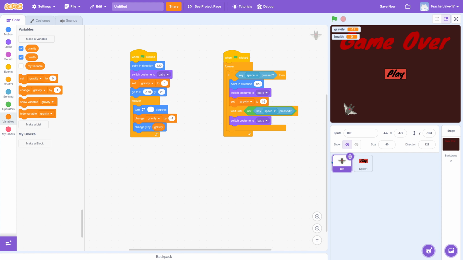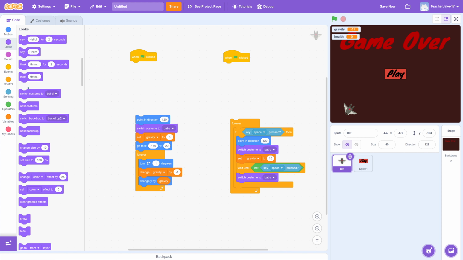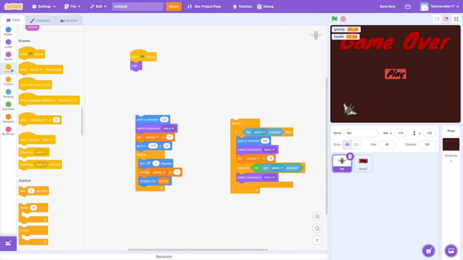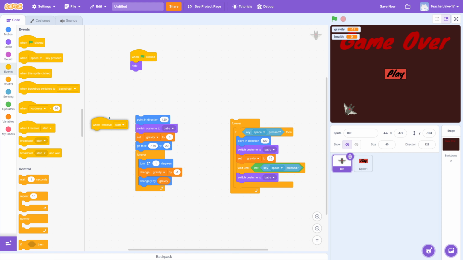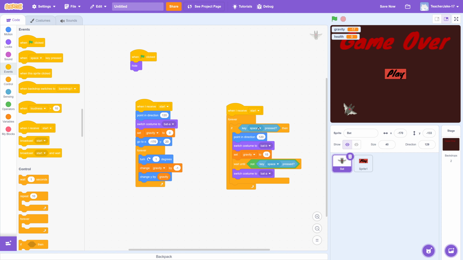Let's go back to our bat. And now we don't want this to happen when the flag is clicked anymore on either of these. So when the flag is clicked, we actually want our bat to be hidden. He's not going to show up on the title screen. We can get rid of this. But we do want some events. We want to say when I receive start on both of these, then we're going to start our game loops. So if we hit the flag here, all we have is a play button. Once we hit that,